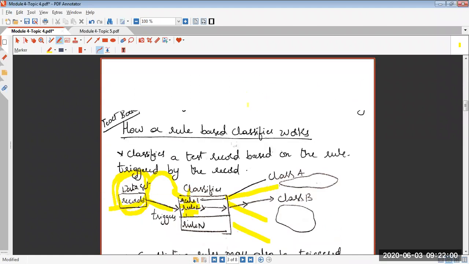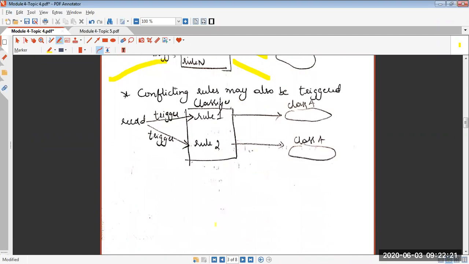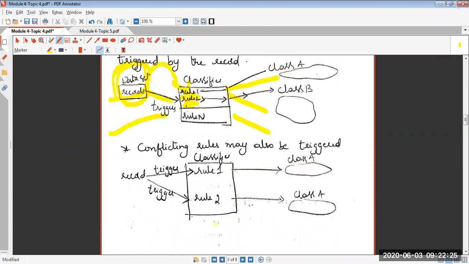Okay. So the point to be noted here is a rule-based classifier works based on rules. You need to construct rules based on the previous observations, historical data. These rules will decide to which class the new record that you are giving will go and sit. So we tried to solve a few issues the rule-based classifier will experience.